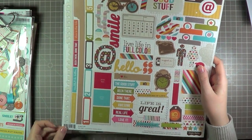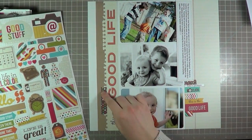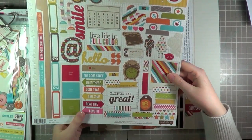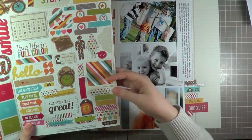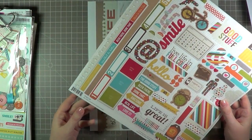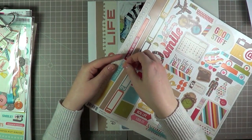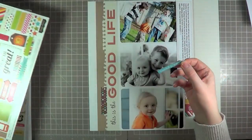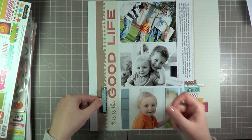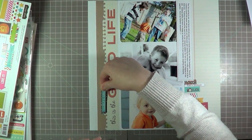So here is one of the 12 by 12 sheets of stickers, and I don't necessarily love these polka dots here, so I was trying to see if maybe there's something that I can cover it up, like an additional piece of washi, or, oh, even one of these sayings. Okay, this one says Couldn't Be Better, and I like the blue better than I do the polka dots. There's blue on my son's shirt and pants, and I think if I just layer that like that,